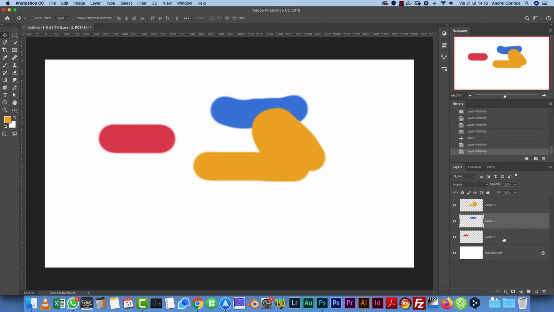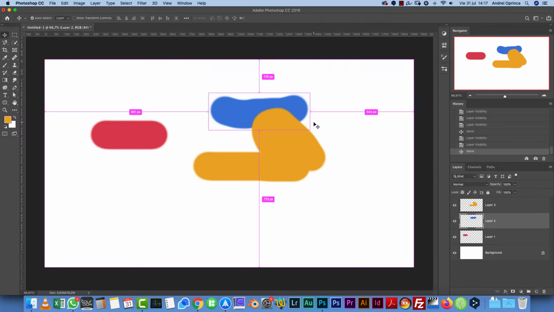If I have the red layer selected and I want to select the blue without having to go here, I could do that if I press Command, or Control on Windows, and click the blue contents here on the canvas, it's going to select that. This only works if you have the Move tool selected. So first press the V key, press and hold the Command key or the Control key on Windows and click